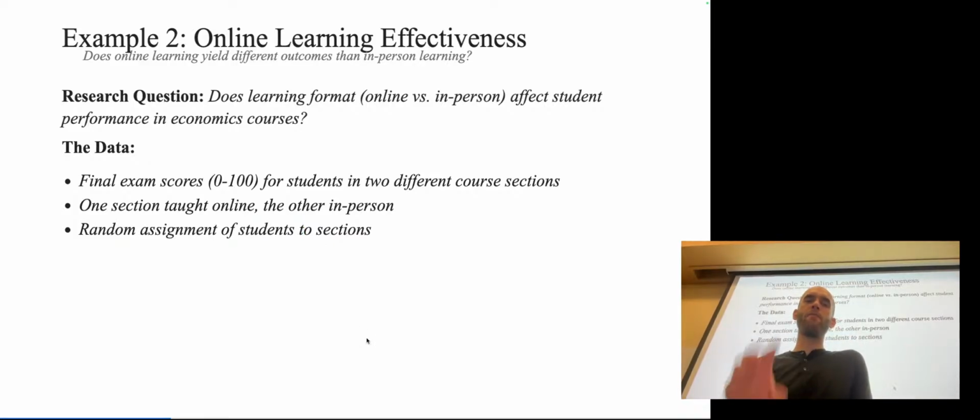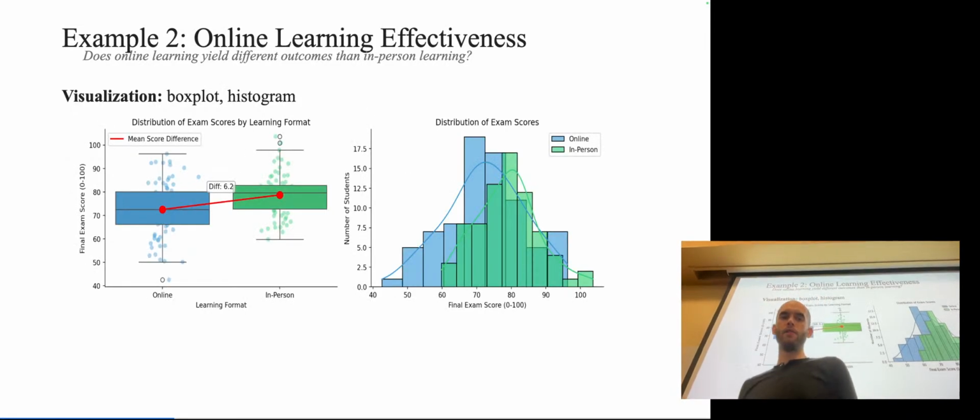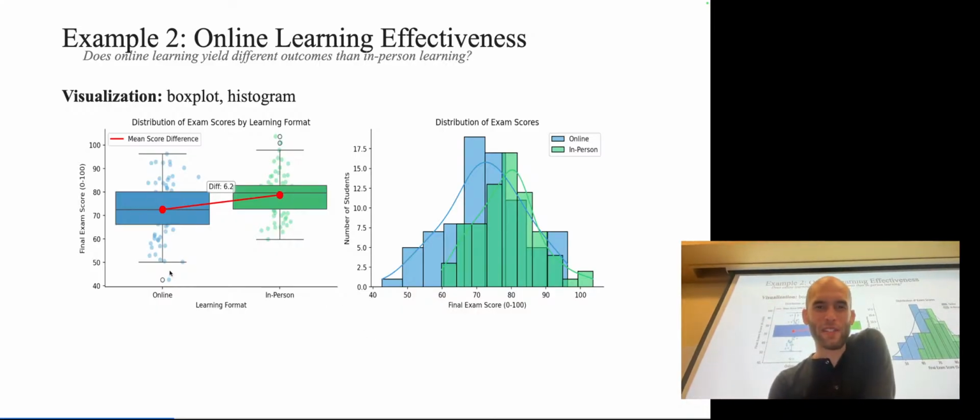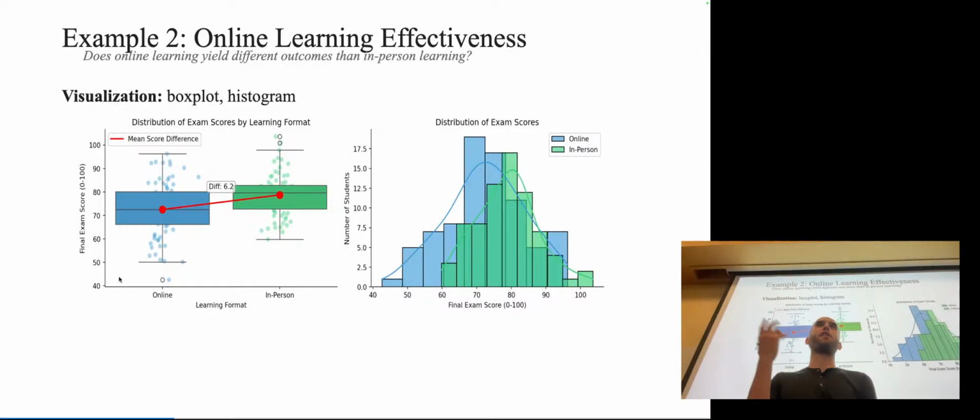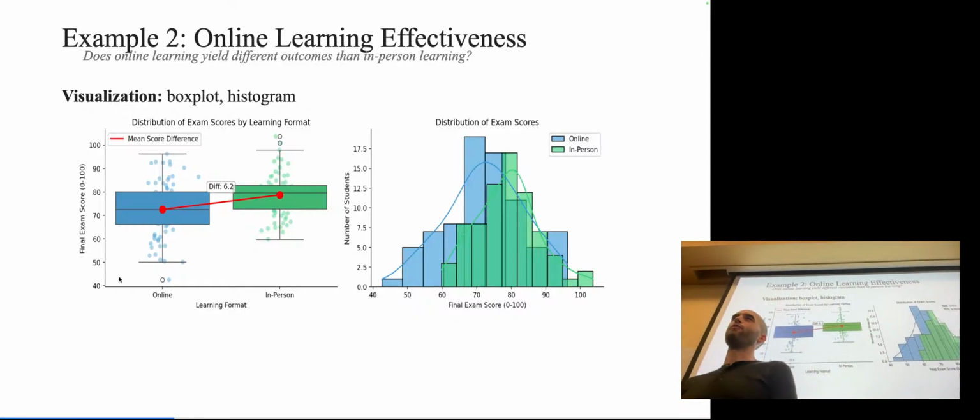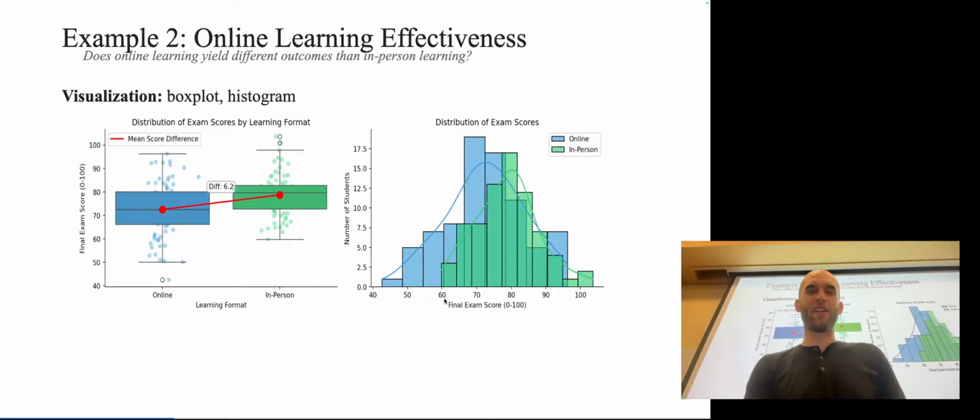Okay, so if I'm seeing this data, what I want is a box plot with a scatter plot. I'll have a question for you about these figures in a second, but this is the one I would start with. So I have 2 groups: the online group and the in-person group. And then I'm just going to construct a box plot with the scatter plot behind it of the test scores in the 2 different groups. And then I also have 2 histograms stacked on top of each other on the side, just to show the distribution of scores.